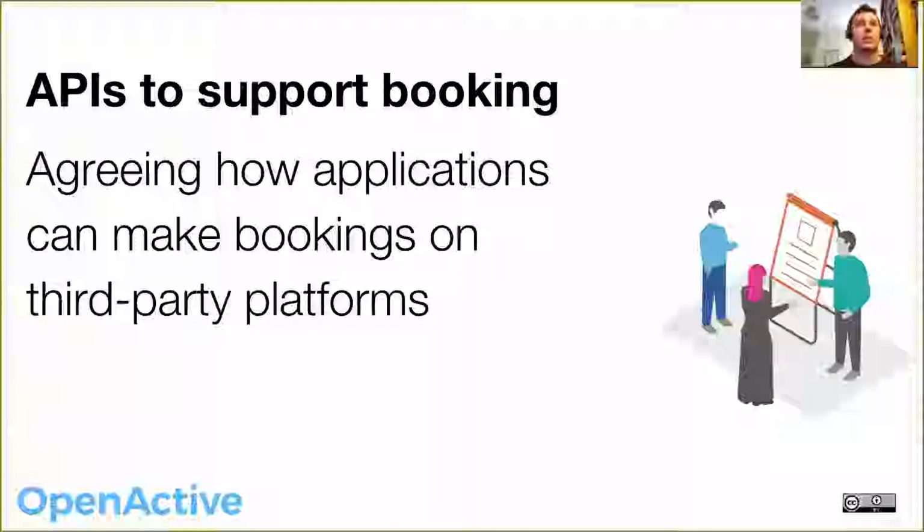So we're creating standards that will allow applications to place bookings on behalf of users in the platform that was publishing the data. So that involves agreeing on a whole variety of different things, like how to publish pricing information and current availability, so people know how much it will cost